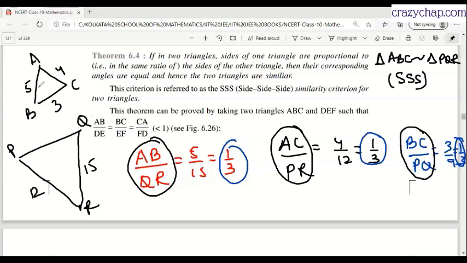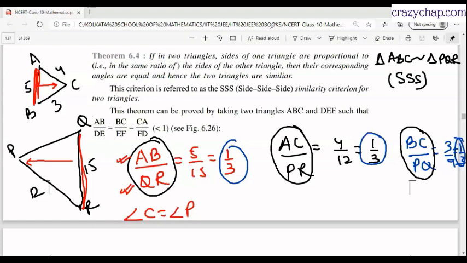Now, after they are similar, their opposite angles. We had selected which side? We had compared side AB with QR, correct? So side AB opposite angle is angle C and side QR opposite angle is angle P. So we can say that angle C will be equal to angle P. Why did we select C and P only? Because we compared side AB with side QR, so their opposite angles will be equal.